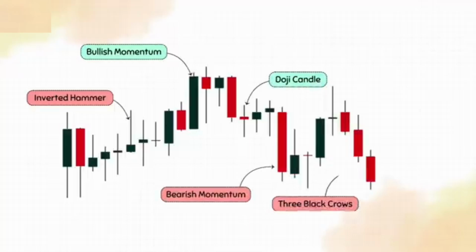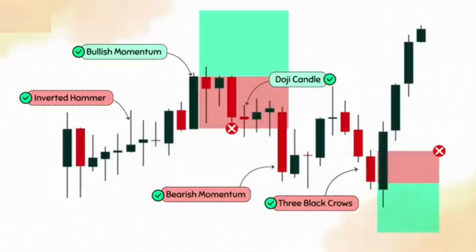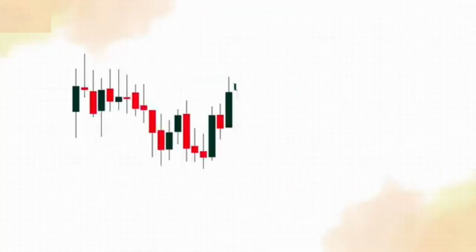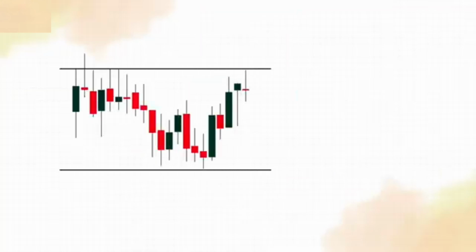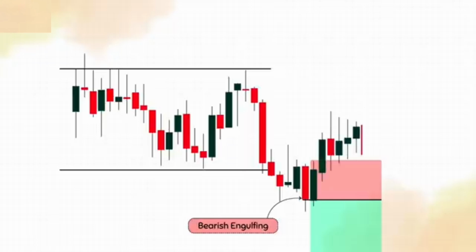After the market trades inside a range, it breaks below the support level. You spot a bearish engulfing candle, enter a short position, and within moments the market reverses sharply, trapping your trade. This happens to traders every day because they rely only on candlestick patterns without understanding what the candles are actually telling them. In today's video, you'll learn how to read candlestick patterns correctly and identify high-probability trade entries instead of